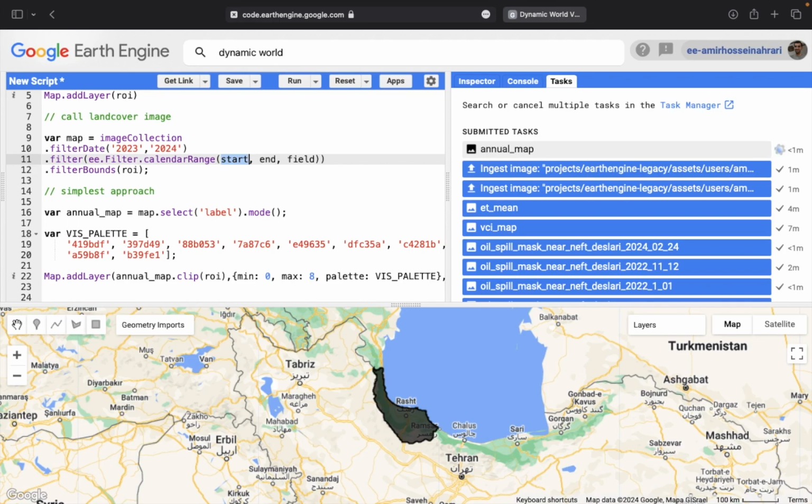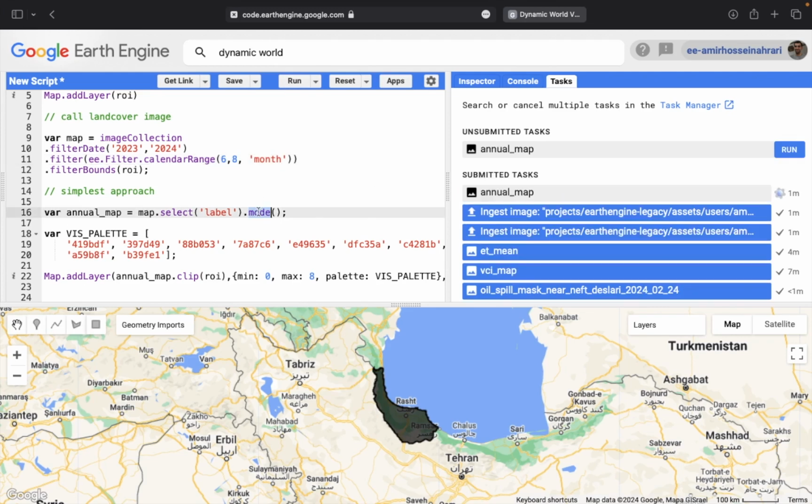For example, if you want the summertime, from month number 6 to month number 8, June, July, and August, you can set the start date to 6 and the end date to 8, and the field should be months. And here finally you will have a map for the summer condition,